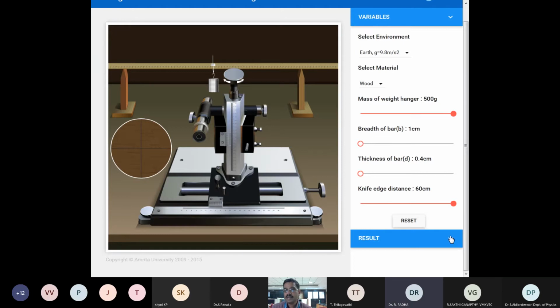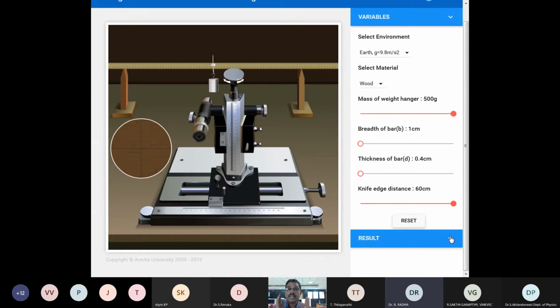He will perform the experiment here for 1 hour. He will note down the readings and do the calculations. In parallel, he will do the same experiment in the physics lab. Both will be recorded and he will understand easily. So it's a combination of real-time lab and virtual lab, right? Yes, madam.